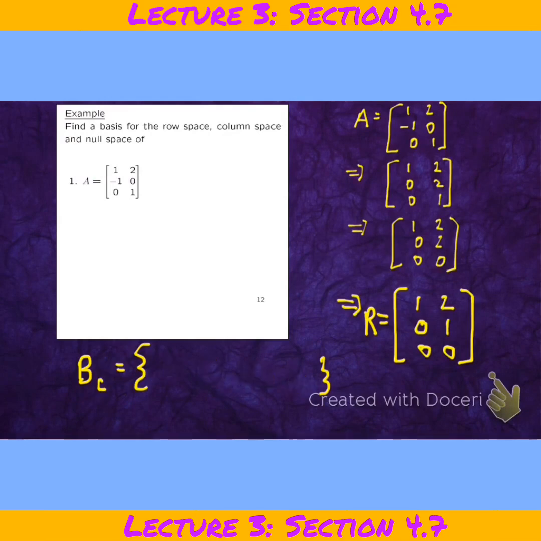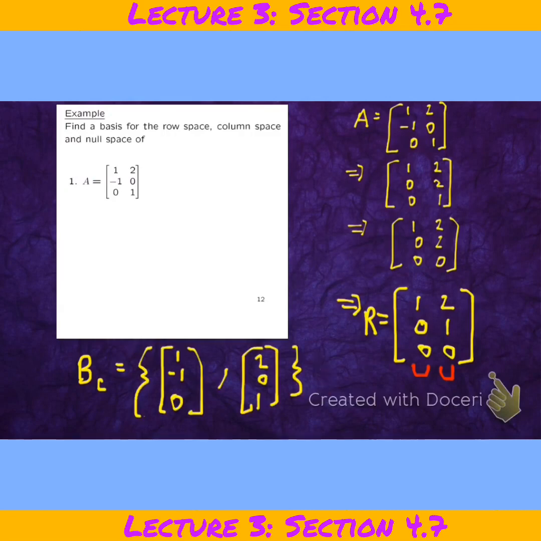For the basis for the column space, we look at the columns with the leading ones. That column has a leading 1, and that column has a leading 1. And then we go back to my original matrix and look at the columns with the leading ones. There's my column basis for my column space. And then